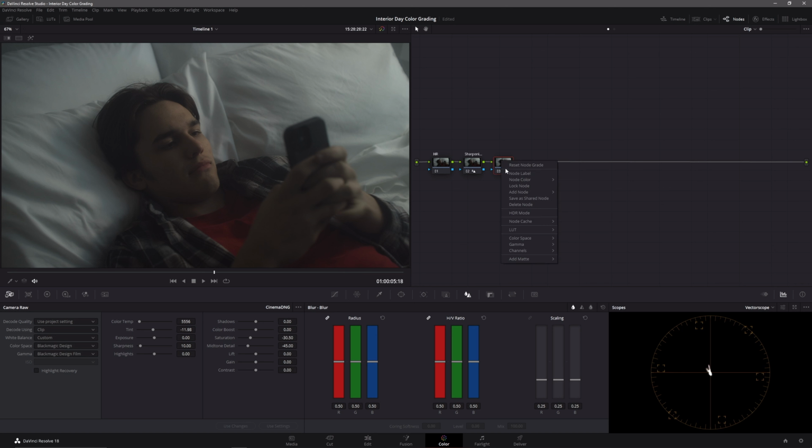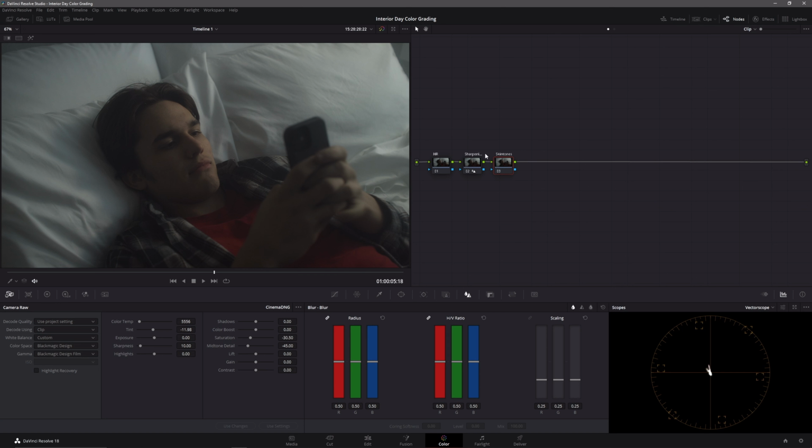The third node that we have is called skin tones. We are just going to leave this node here as a placeholder if we need to adjust our skin tones later. And the reason why I keep this in the beginning of the node tree before any of my contrast or color adjustments is because if I decide to pull out a key after I've built out my look, and then I'm talking with a director or I walk away and I don't like something about my contrast or my color and I make an adjustment, well, now that's no longer going to affect my key if I do that,